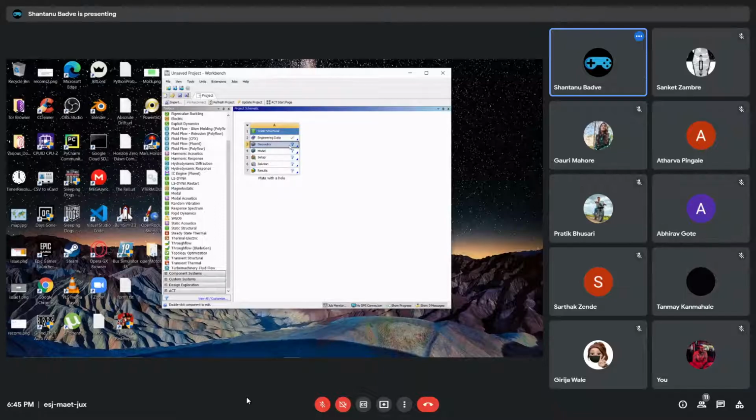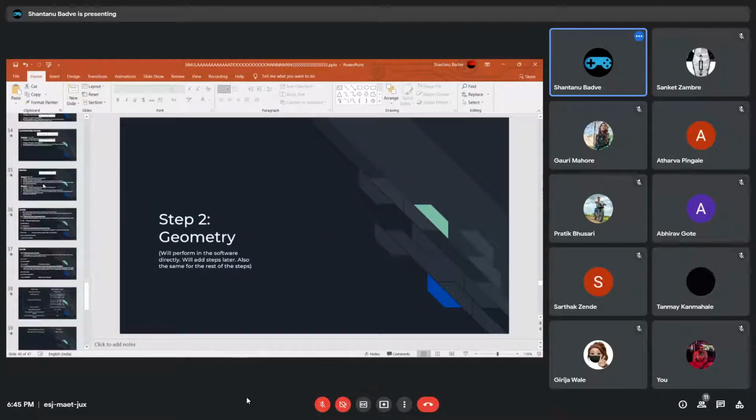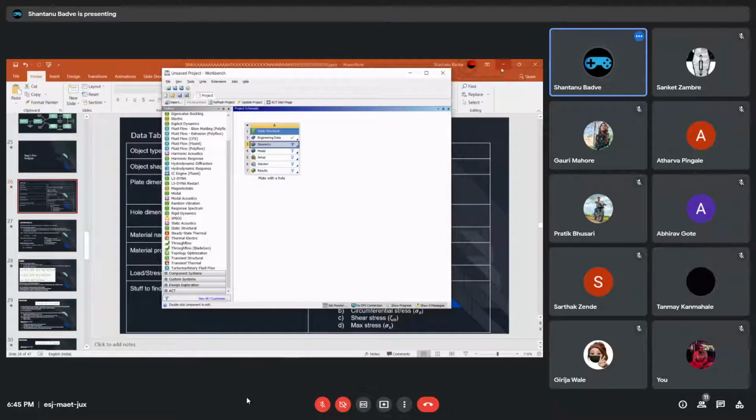It is here. Now, first things first. As I said in the beginning, we have performed some pre-analysis, and there we made this data table where we defined the material and its properties. Now this material actually does not exist, and therefore we will have to tell ANSYS that this is a material, and we have to give some of its properties to ANSYS. Okay, so here is this.